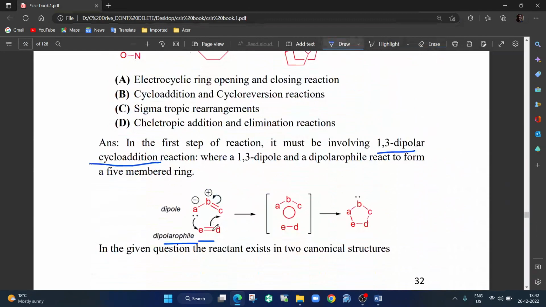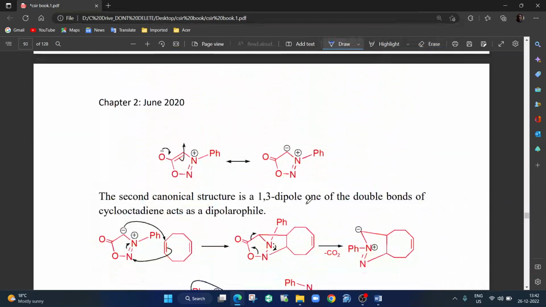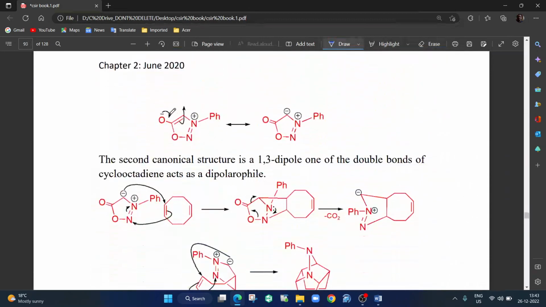So a reaction occurs something like this. This negative charge attacks here, this comes here, this comes here. So here also pretty much the same thing is happening. This electron comes here, you get a negative and positive, and you will have the dipolarophile here, correct? Because it is positive, it will pull away all the electrons towards itself and you get positive polarity here rather. And so this alkene in the cyclooctatetraene,